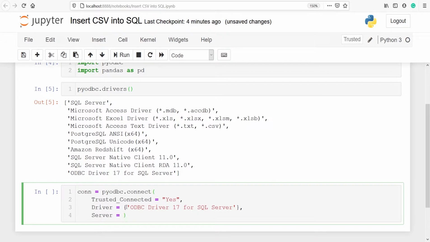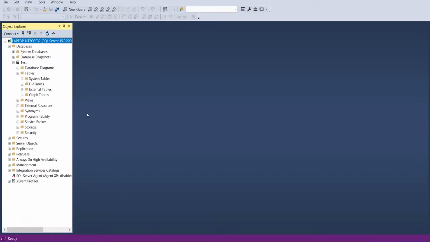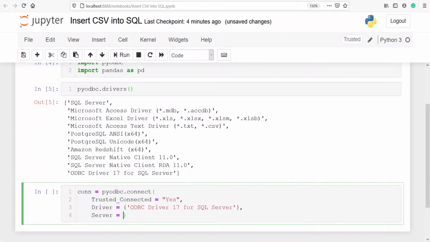To get the server name, we have to go to the SQL Server Management Studio. And once you come here, you can see that this is the server name, laptop NT7CGF32. We have to write this. Here I will write the server name, laptop NT7CGF32,